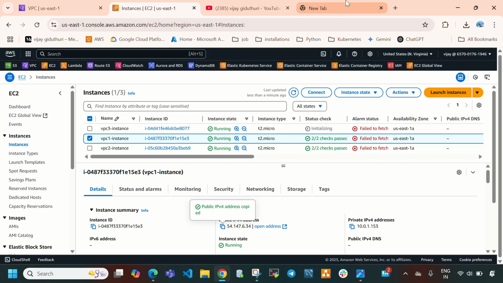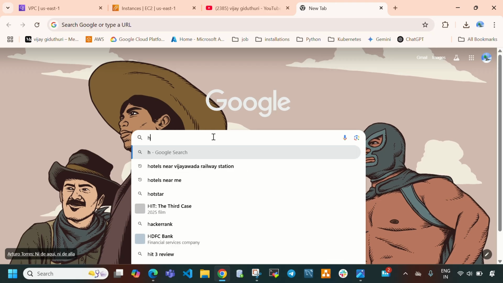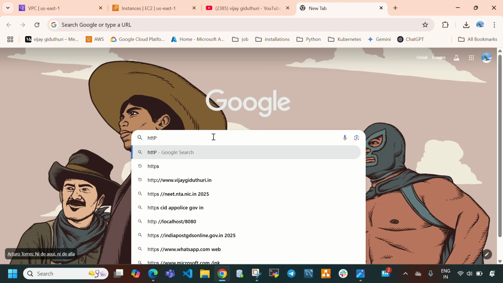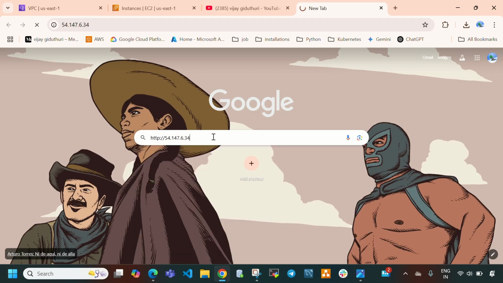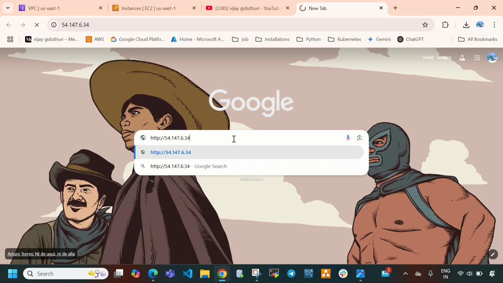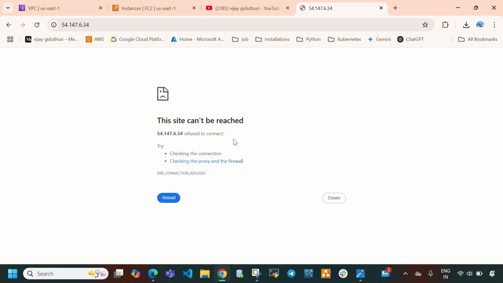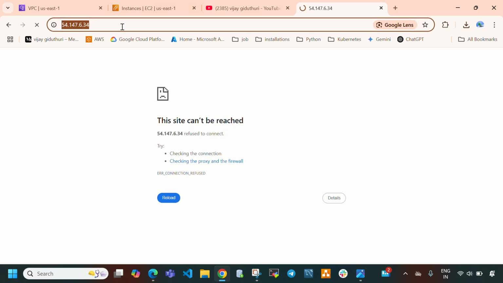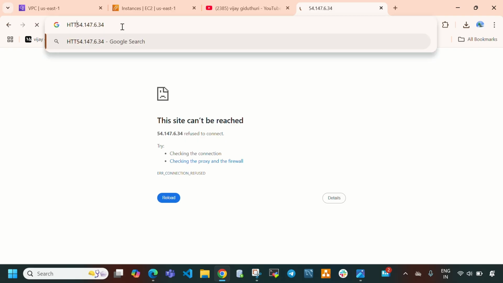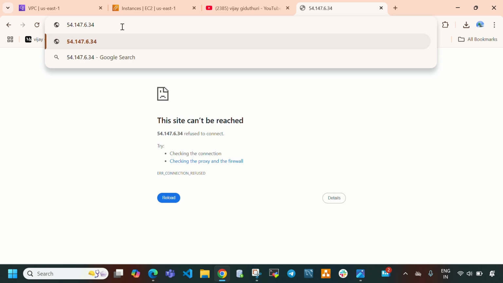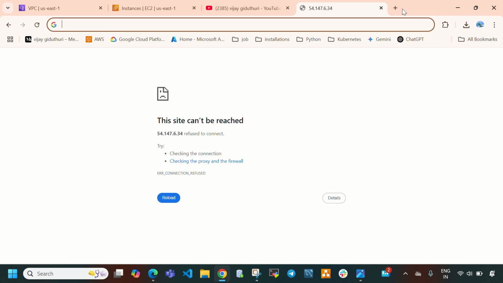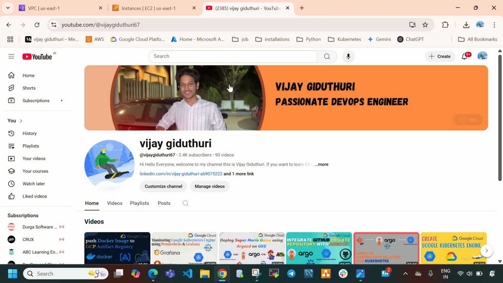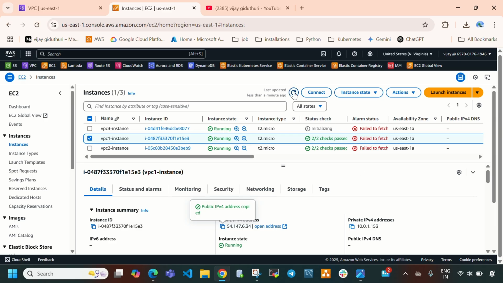Let me copy instance 1 public IP address, HTTP colon slash slash public IP address. Let me try to access with, or else let me do one thing. Let me close this. So first let me connect to these three EC2 instances.